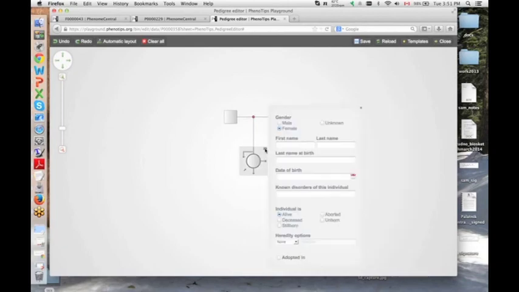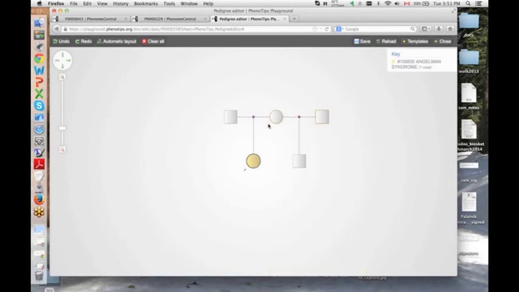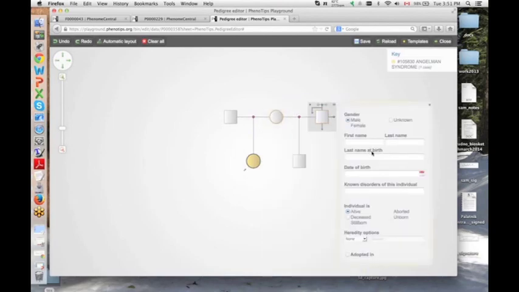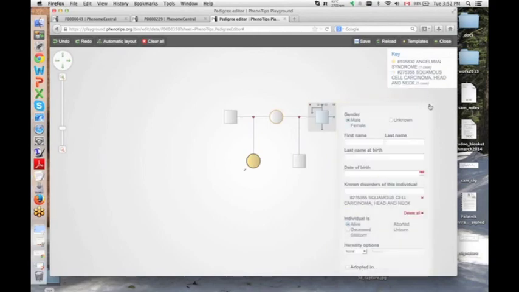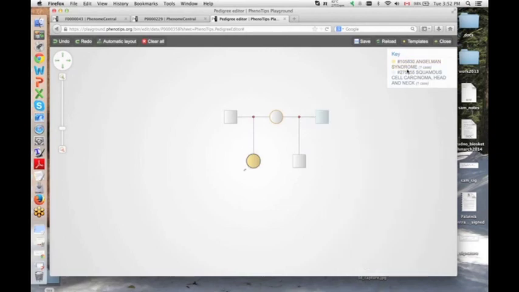You can indicate what phenotypes the proband has by just typing here, and it'll give you anything from OMIM, Angelman syndrome, for example. Maybe there is something else. And this gives you a key at the top, which lets you highlight which patients have specific phenotypes.